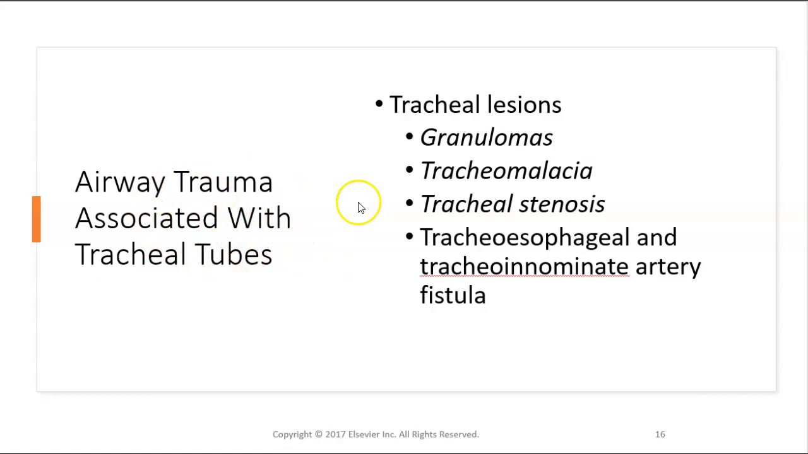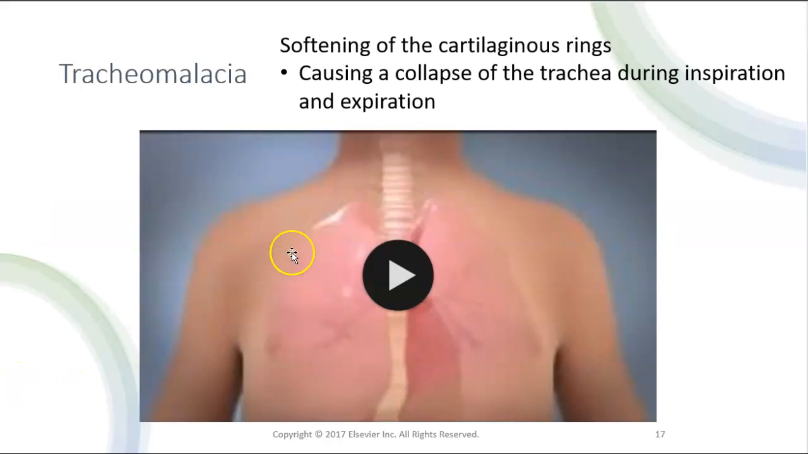Okay, so tracheal lesions are also associated with tracheal tubes. Granulomas, tracheal malacia, tracheal stenosis, and tracheoesophageal and tracheoarterial fistulas are all different traumas that can happen in the trachea. Tracheal malacia is a softening of the cartilaginous rings that causes collapse of the trachea during